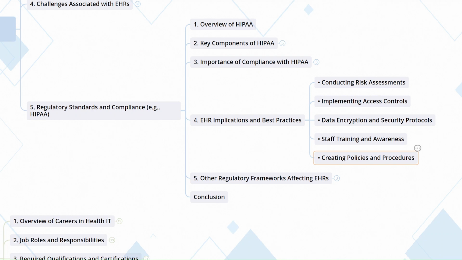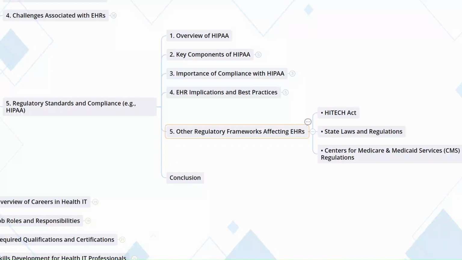Next, creating policies and procedures. Organizations should develop comprehensive policies and procedures that govern the use and disclosure of patient information, ensuring consistent compliance with HIPAA standards. Next, other regulatory frameworks affecting EHRs. In addition to HIPAA, several other regulations govern the use of EHRs and patient information management, including High-Tech Act,